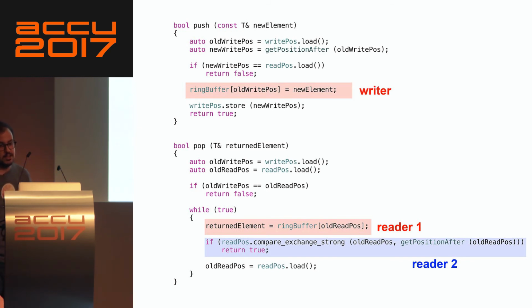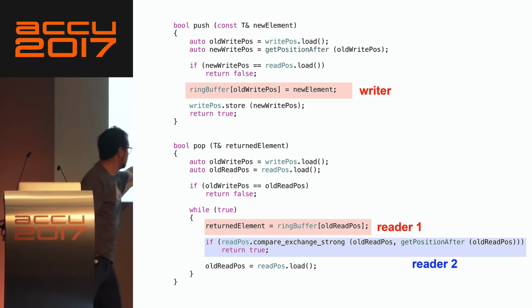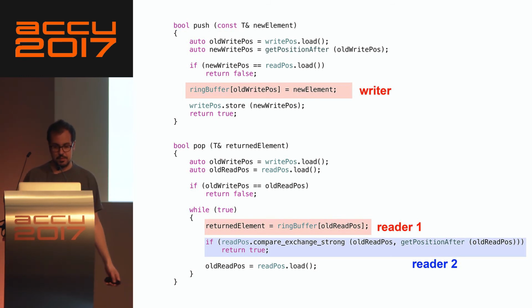It turns out some people say it's actually not that bad, because in this case where the writer writes and you're still reading from the same memory location, it's actually fine. I mean, you're going to read some junk, but in the next line you're going to realize that you have read some junk. So you're going to discard it and try again. So yeah, you're going to read some junk, but it's actually fine,